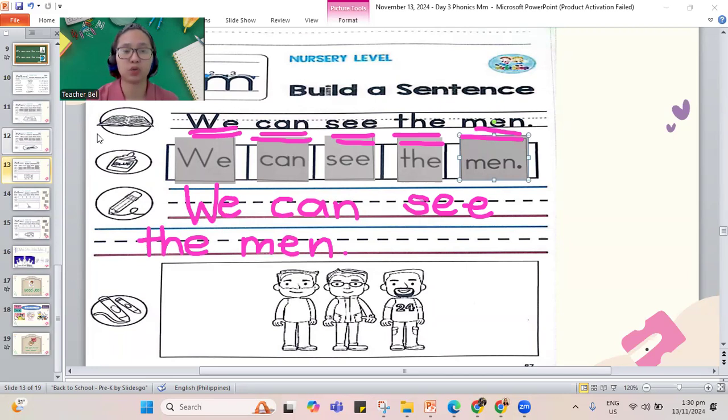Use your crayon to color for the pictures of your men. So there's three of them. That's why we call them men. But if it's only one, it's not men anymore, but man.